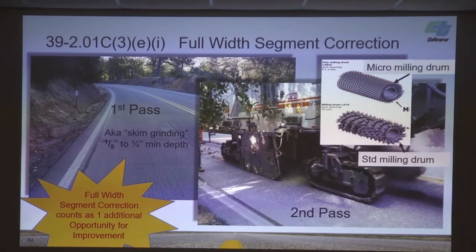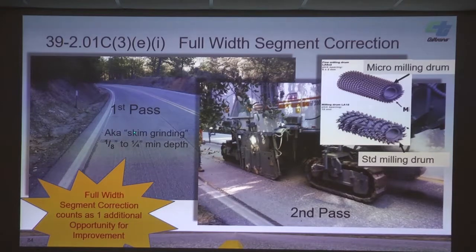There were some areas where the MRIs were in the 80s, 90s, and other areas where they were in the 180s, 200s, 210s. Rather than doing diamond grinding or using that pre-paving grinding, they decided to go out and just take a micromill and skim grind the whole thing. And all those areas that were over 180, they went down below like 120.